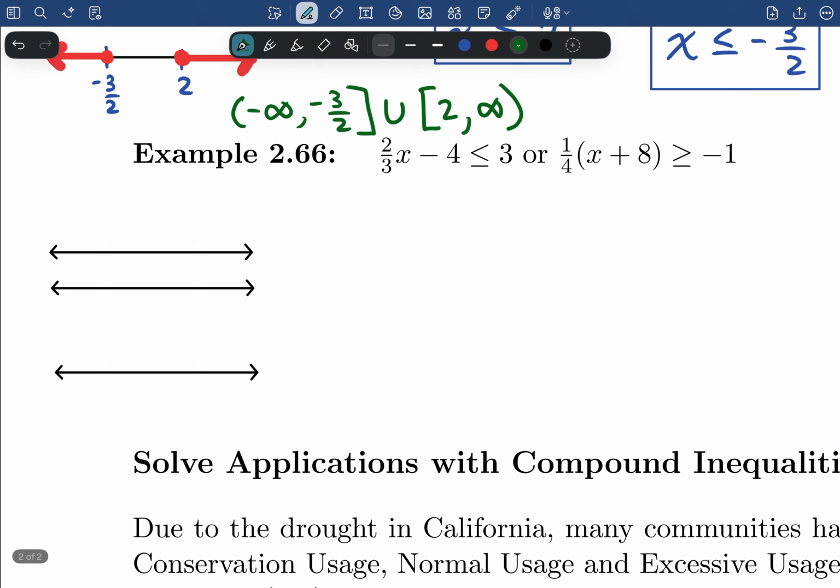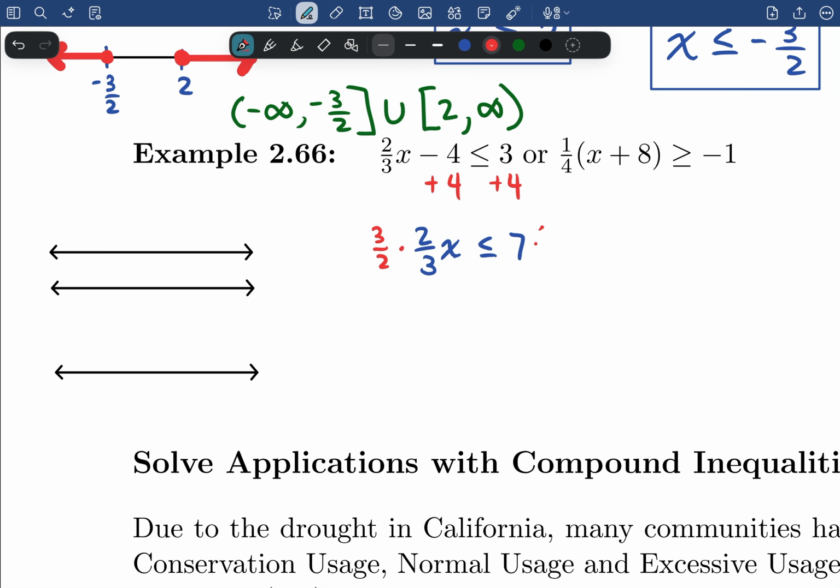And it's an OR example again. Yes, I have two inequalities with the word OR between them. So starting again, I'll solve the first inequality. I'll do it by adding 4 first, from left to right. Rewriting my inequality, I have 2/3 times x is less than or equal to 7. Now I'll divide by 2/3, but remember, dividing by a fraction is the same thing as multiplying by its reciprocal,